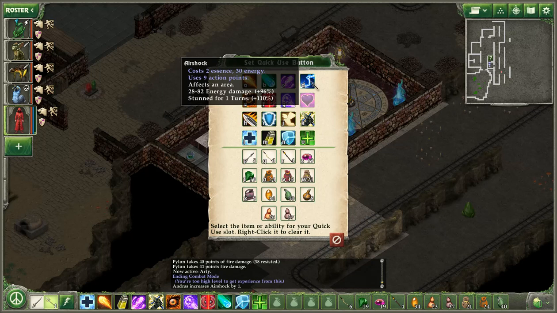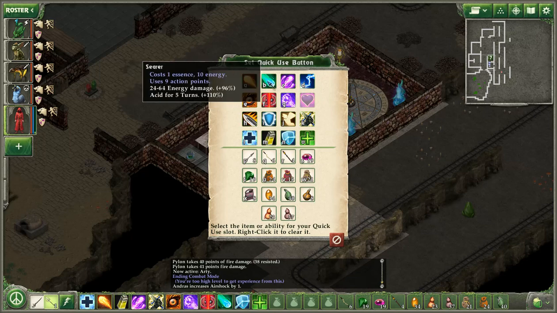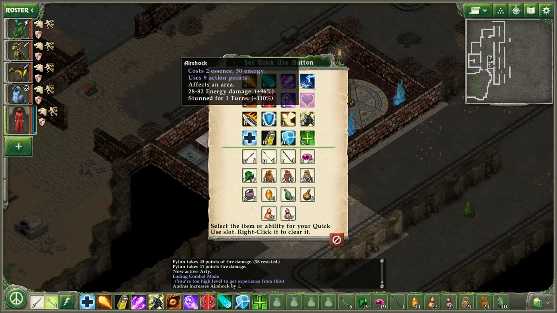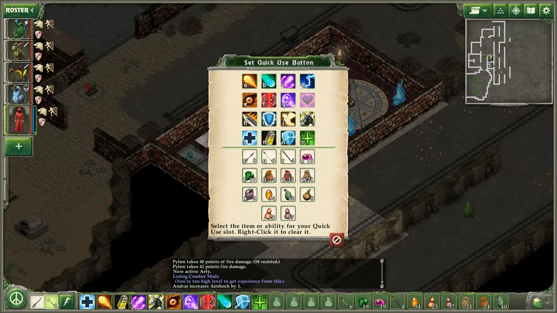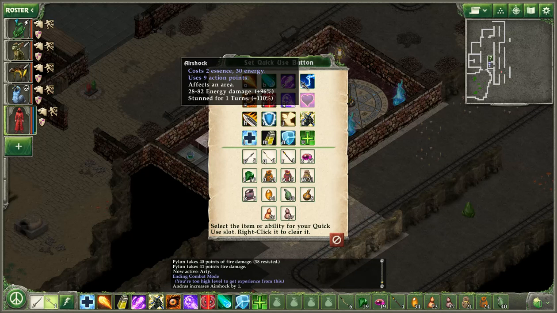Right. 2 essence. Surprisingly not that expensive. It does cost a lot of energy, though. I really don't think that's going to be an issue at all. I mean, yeah, that's really nice to have. I wonder, do I want to replace my lances? It is higher damage, it does stun, it's a targetable area. It does cost 2 essence versus 1, but yeah, I think